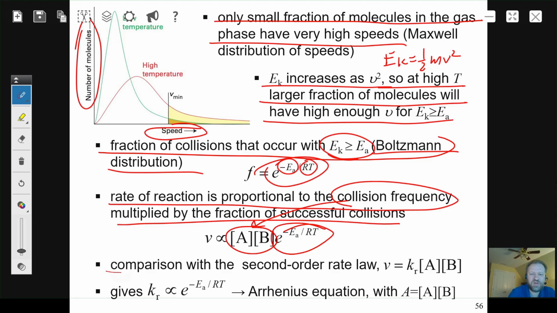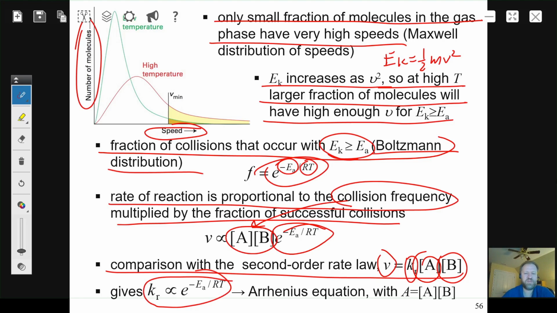Comparison with the second order rate law, which says that the rate of chemical reaction is equal to the rate constant times the product of concentrations of reactant species A and B, gives us the expression for the rate constant,